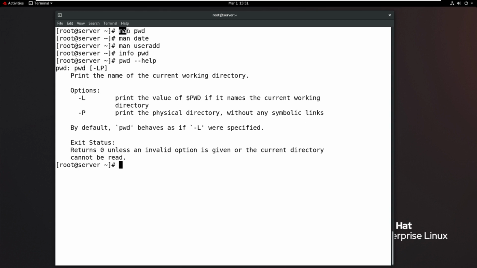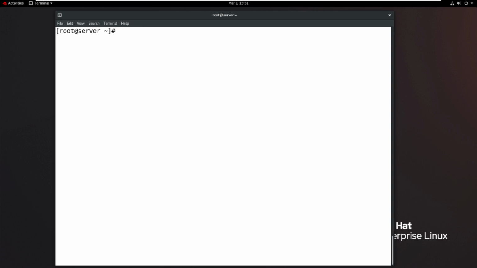The man command, the info command, and the hyphen hyphen help option. These are the help options in the Linux environment. For any command information you want, just follow these help options.